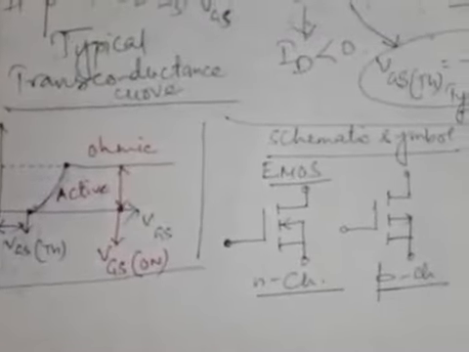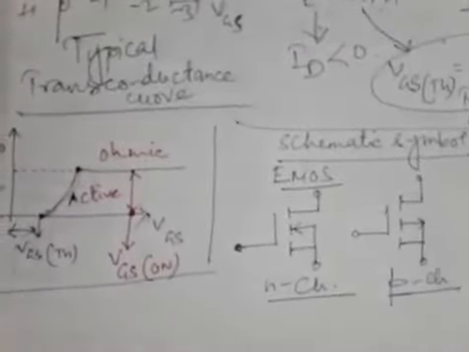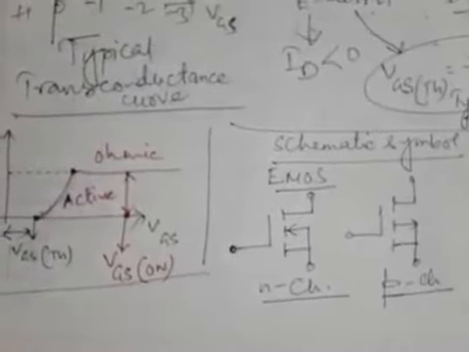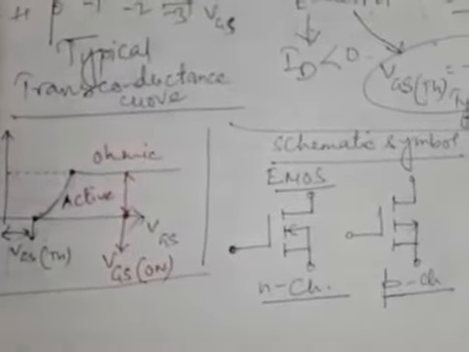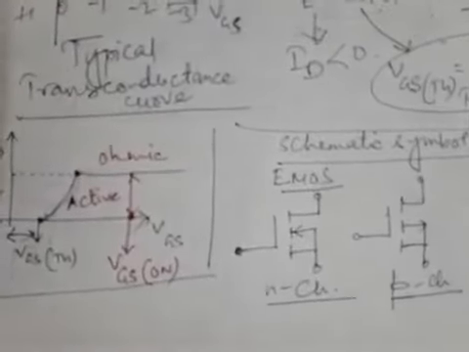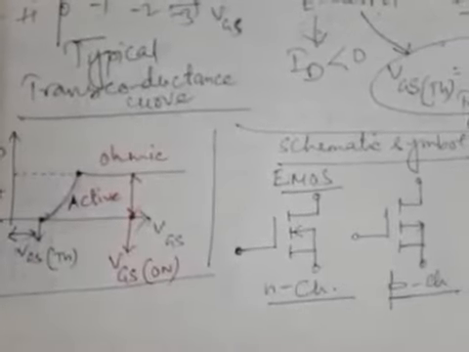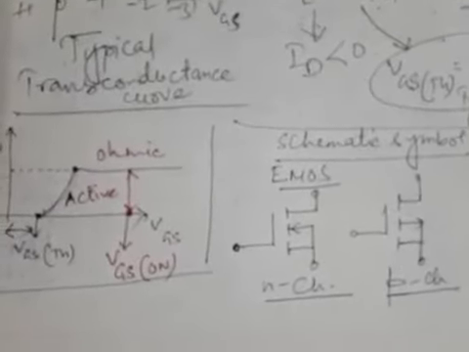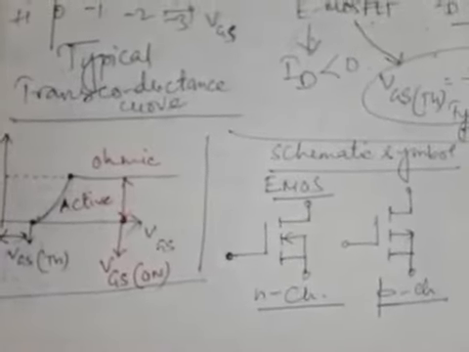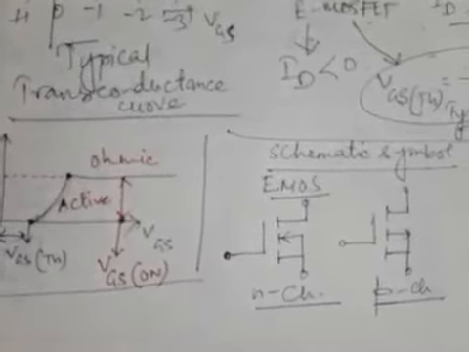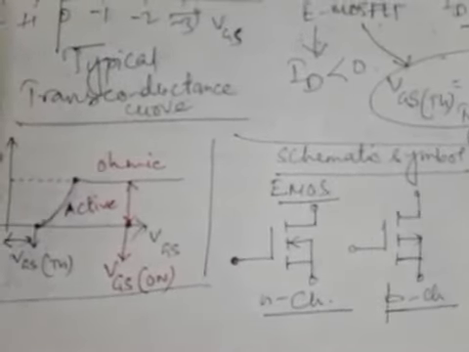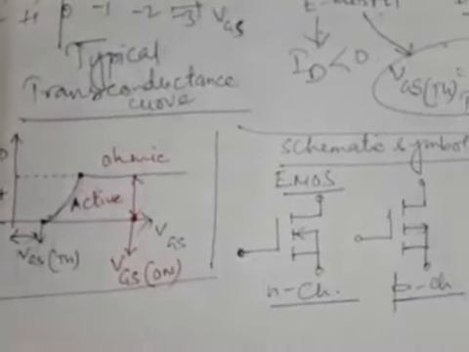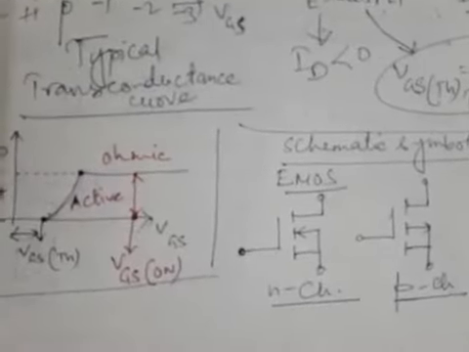Now, when VGS equals 0, that is, when the threshold voltage is not given between the gate and source, the enhancement MOSFET generally remains in the off condition, because there is no conducting channel between source and drain. The channel for an enhancement MOSFET, you know, does not pre-exist; there is no pre-existing diffused channel. So that natural occurrence of a channel is not possible until you apply the minimum threshold voltage between the gate and source. Because of no channel, there will be no conduction and the MOSFET will be in the off condition.